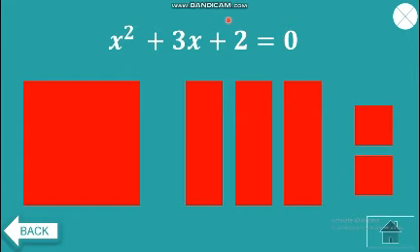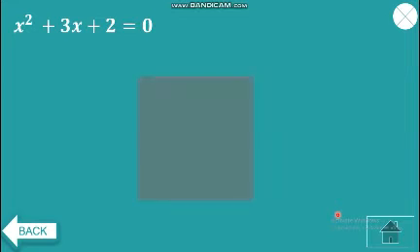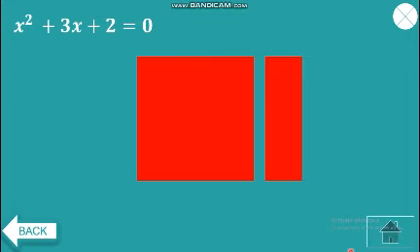And then students compose all of these blocks into a large block. So we want to build a large rectangle by composing all of these blocks that we have. So we place a large square first. Then we place the rectangles on the two sides of the x squared block because there are three rectangles. So we place one on the right side and one on the bottom side, and the other rectangle we place